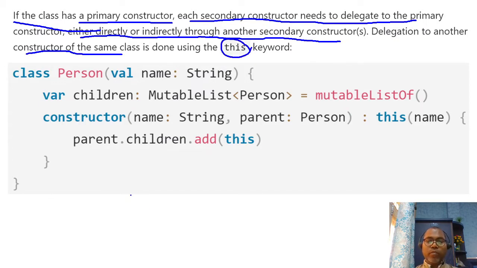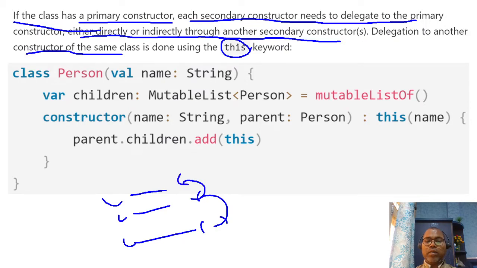Sometimes we have defined a primary constructor and a secondary constructor, and I want to invoke constructor 2 from constructor 1 in the same class. That is constructor chaining. In this situation, you use constructor delegation, which is done by the this keyword and a colon.